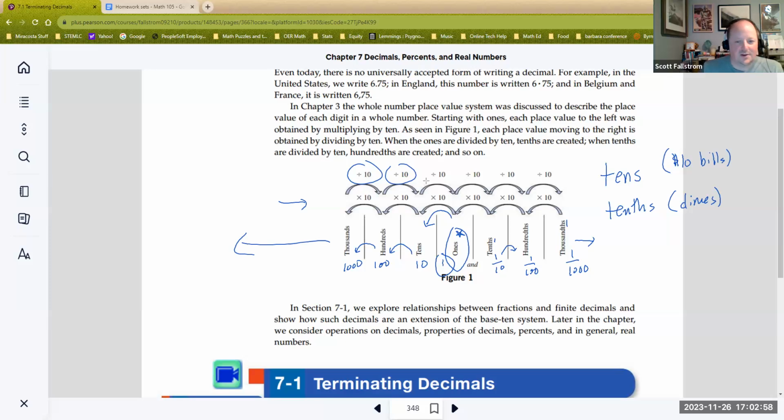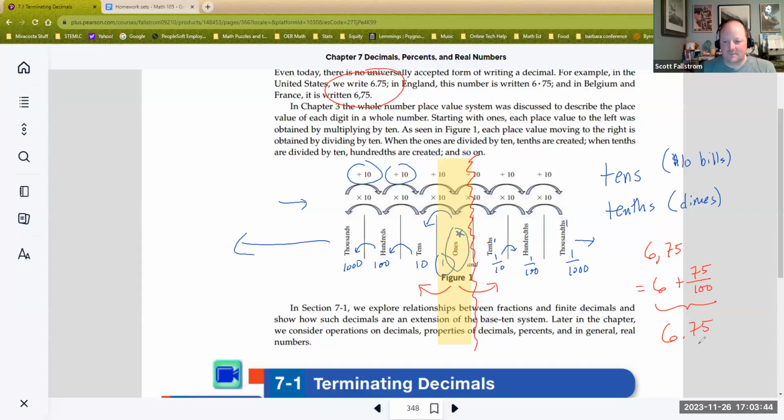The ones is our central location. After that, everything is either multiples of 1 or fractions of 1. So the line between whole numbers and fractional pieces is right there in the ones place. And you can see up here at the top, in the United States, we tend to write things with a decimal point. In Belgium and France, they use a comma. So 6,75 would be the same thing as 6 plus 75 hundredths. That's in Belgium and France. Here in the United States, we would write this number as